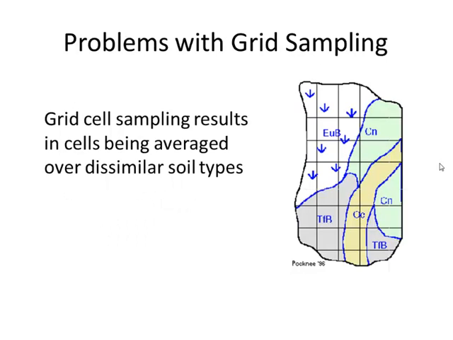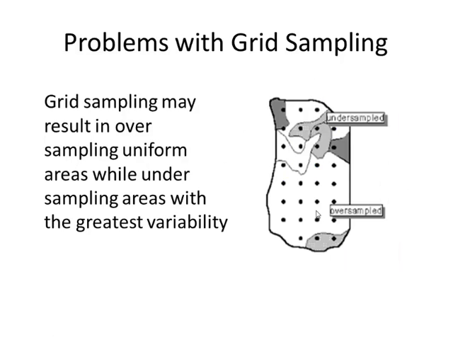So we have several problems with grid sampling, which we have to face. Sometimes we get the grids, and the cells of the grids belong to different parts of the soil, different quality of the soil. So we have to find some solution for that. The second problem is that when we have a grid sampling over a non-uniform soil, we have to find some ways to manage that and not have samples which are not representative of the cell where we are taking the samples.